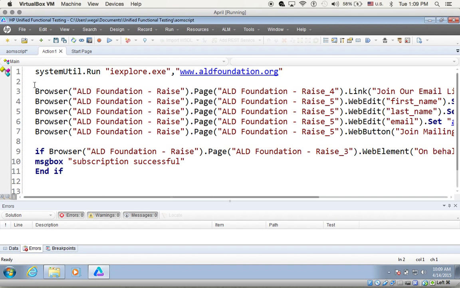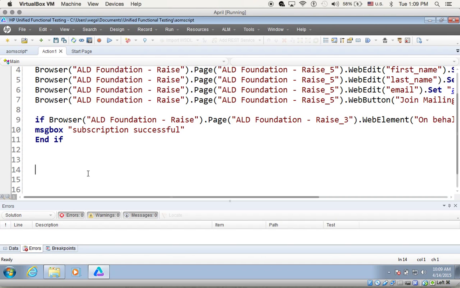Hello guys, today I'm going to show you how to create AOM scripts. That's to show you how to launch your QTP tool outside the QTP application itself. So basically, just to give you a highlight about what AOM is,